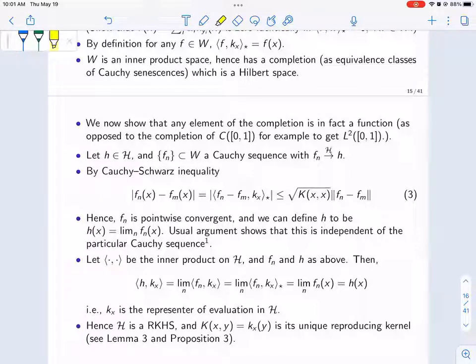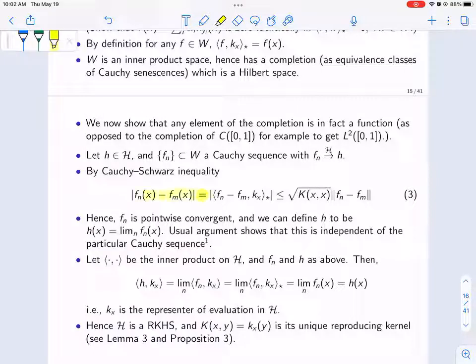These Fn's we are viewing as both the functions and also the equivalence classes. So these are going to be mapped to equivalence classes when you go to the completion. So in that completion, Fn is converging to H. If it's a Cauchy sequence, there is an H that this converges to. That's because H is a Hilbert space. Now, by the Cauchy-Schwarz inequality, we have